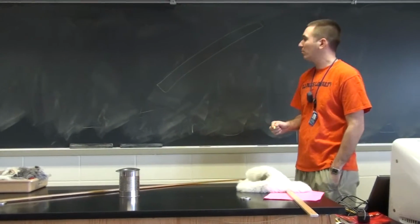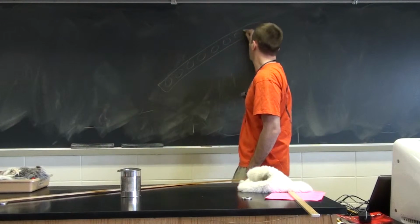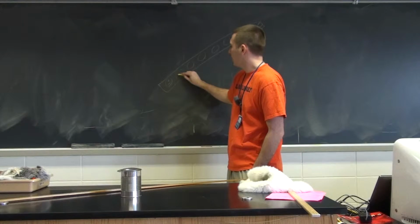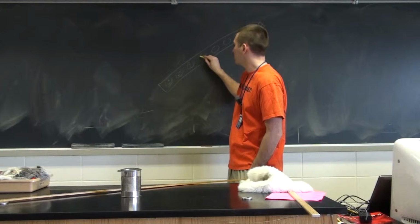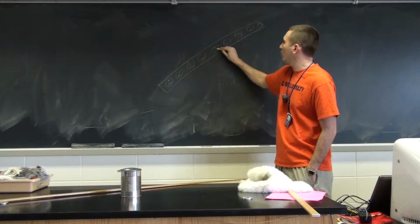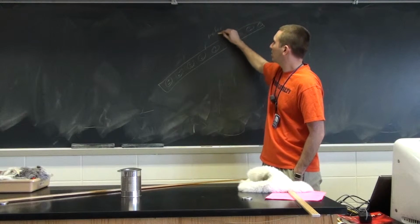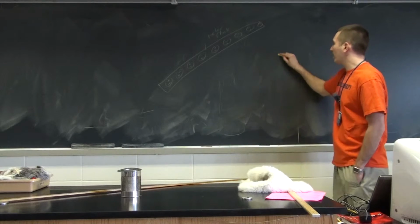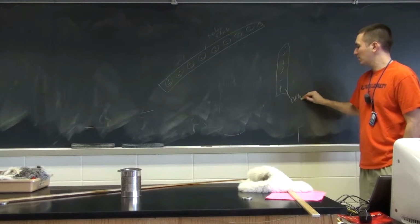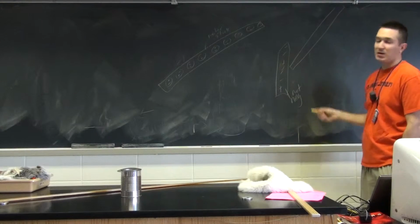So the idea here, here's my meter stick. And you can draw initially, so once again, this is the atomic idea. There is no preference in these atoms, plus, minus, to which way the pluses are, which way the minuses are. So this is the meter stick. But then, if I bring a negative rod close, this is net negative. What happens is the part of the meter stick that is close,